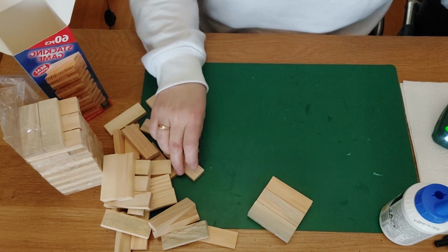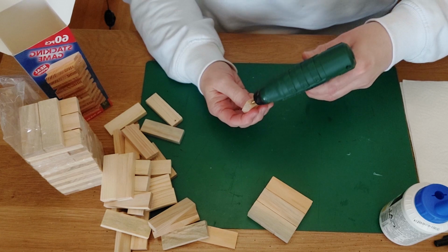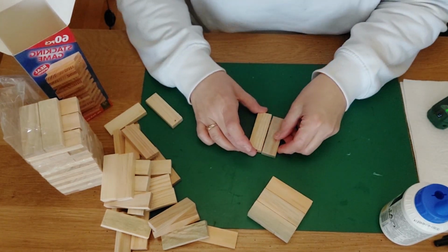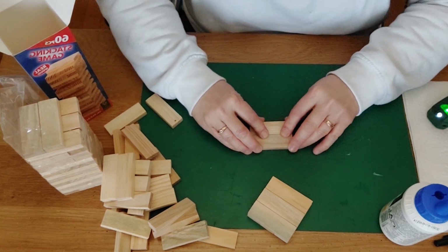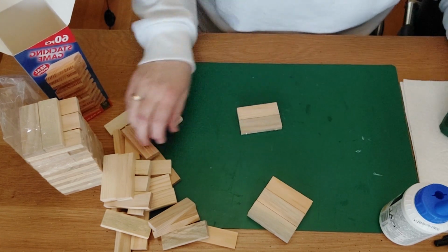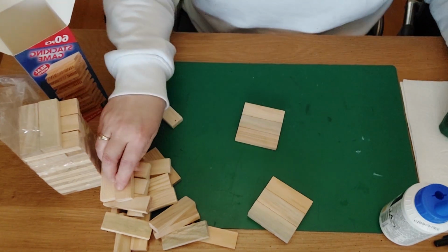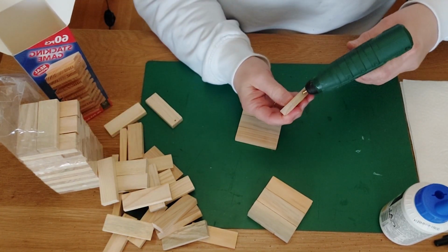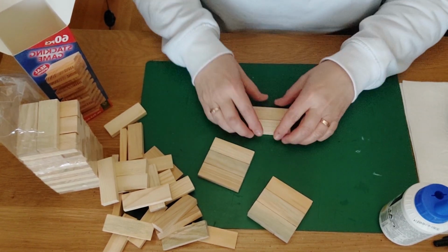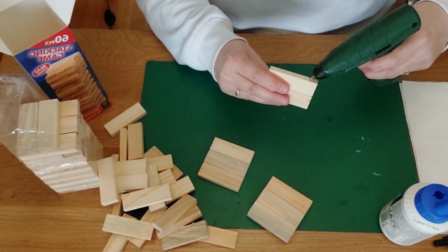This is already one. We are going to do the second one, because I think I'm going to make two lamps, so maybe a little smaller one and a bigger one, but we will see. Like this. This is already the first start of one, and the second one of the second lamp, the feet. Of course, I think you call it his feet. And I'm going to do the other one like this, and again glue it against each other, and this one of course. And we are going to